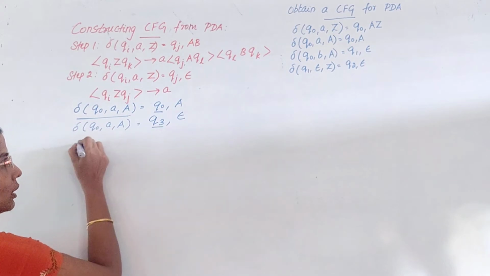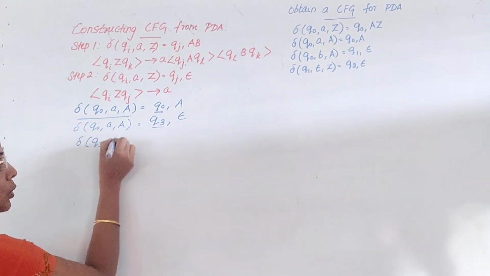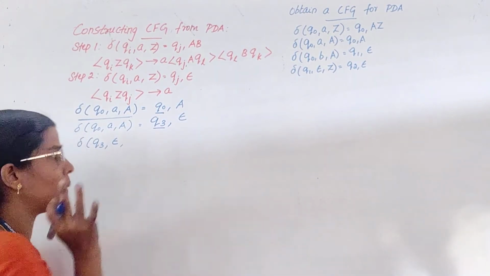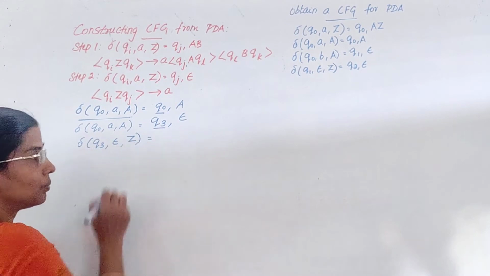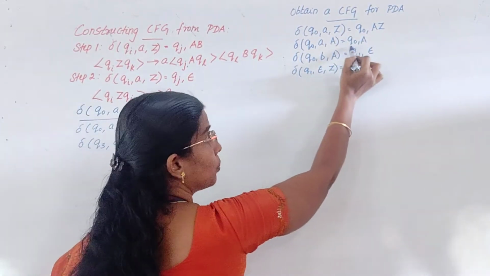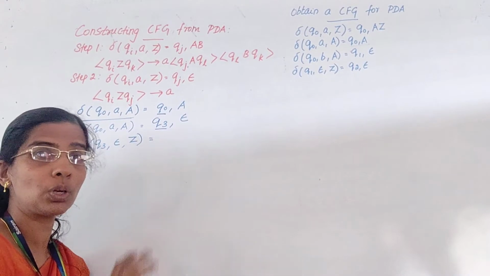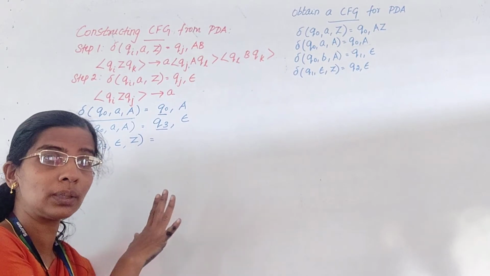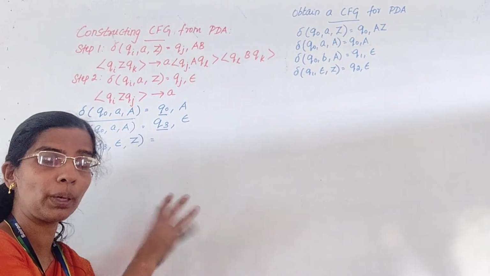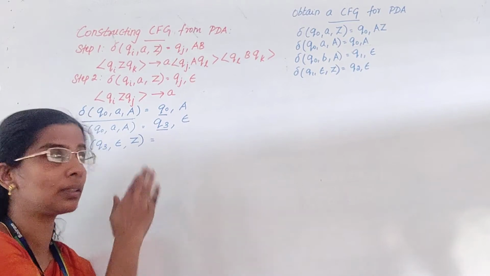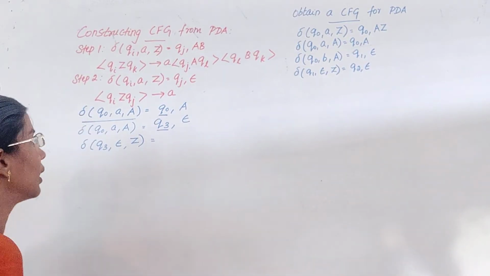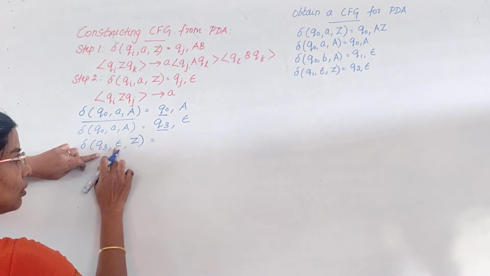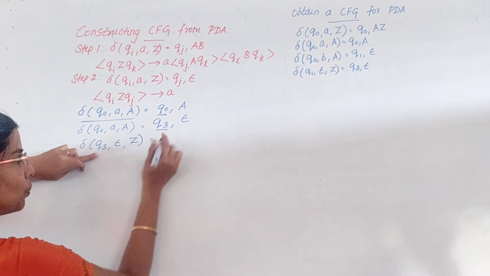I am in Q3, and I don't consume any input symbol. Without consuming any input symbol, whatever you have taken out, put it back, and you have to be in this position only. We should not change anything in my stack. Without disturbing my stack, I am just doing this pop and push, just to rewrite this transition in the correct format. So Q3, without consuming any input symbol, I am just pushing.